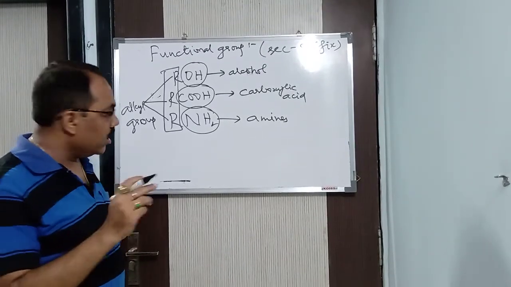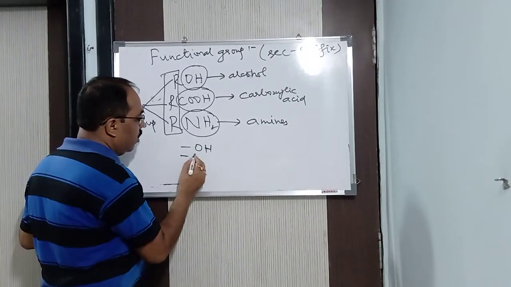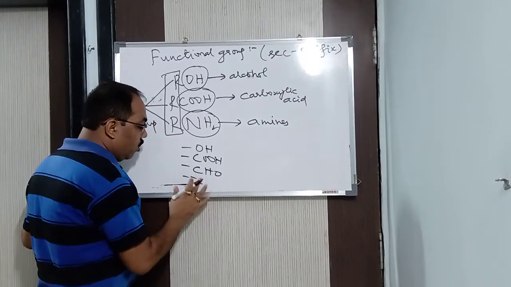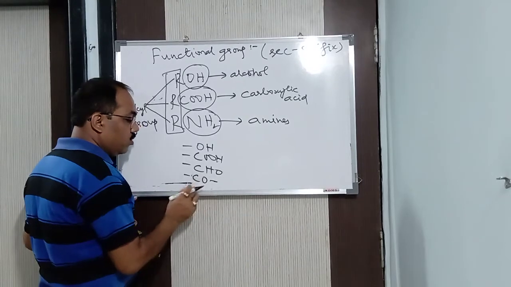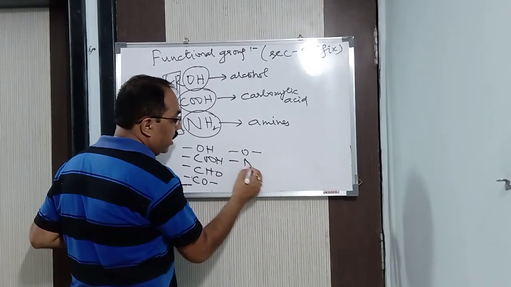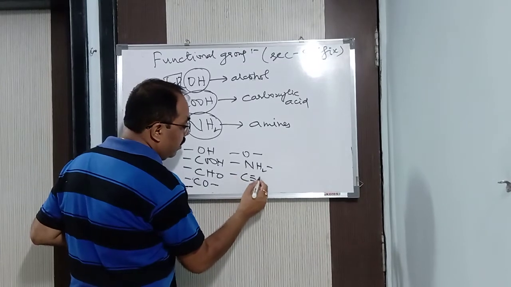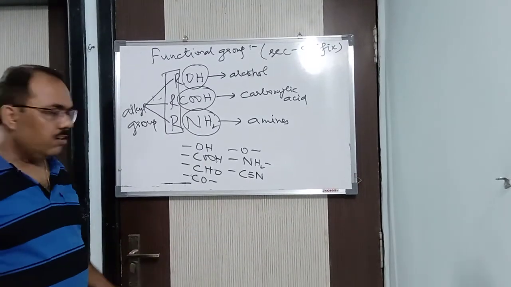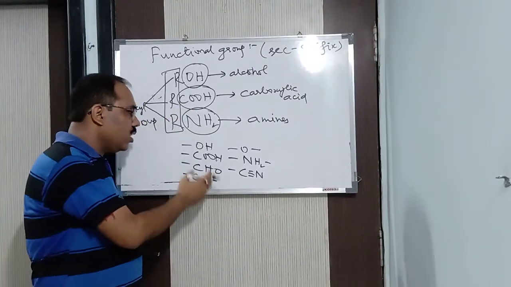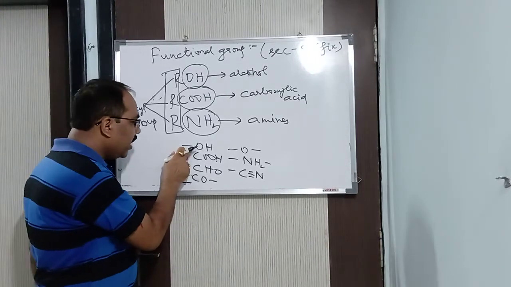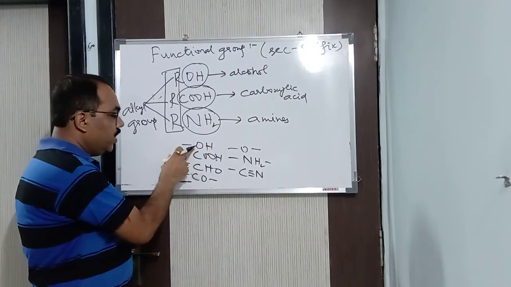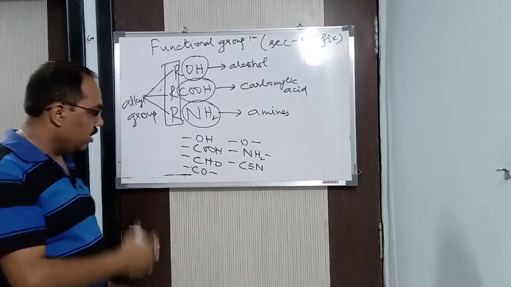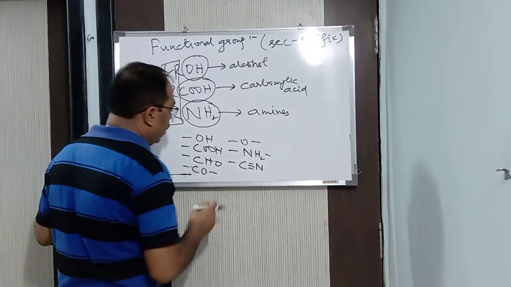Single bond OH means it is alcohol. COOH means carboxylic acid. CHO means aldehyde. CO means it is ketone. C-O-C is ether. NH2 is amine. C triple bond N is nothing but nitrile. In this way you are having a chart. What you need to learn is the name and the symbol. OH means alcohol, that is what you are going to learn. COOH means carboxylic acid. In this way you are having it in your book, the name and the chart, so you need to learn that.